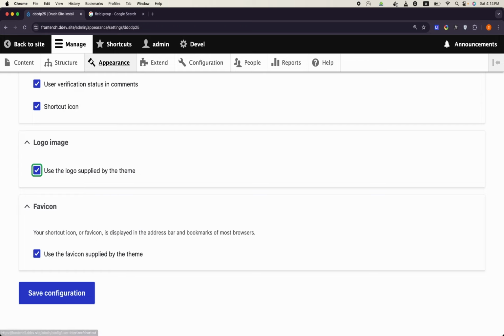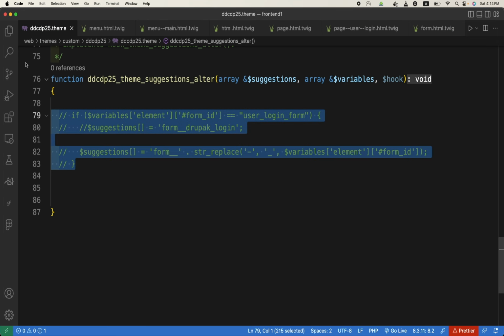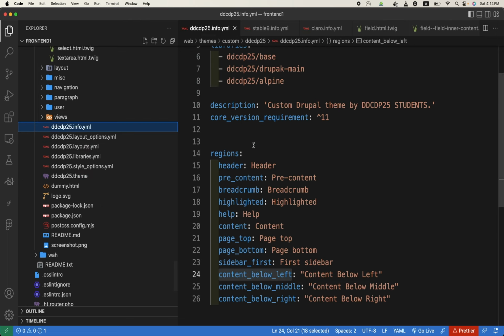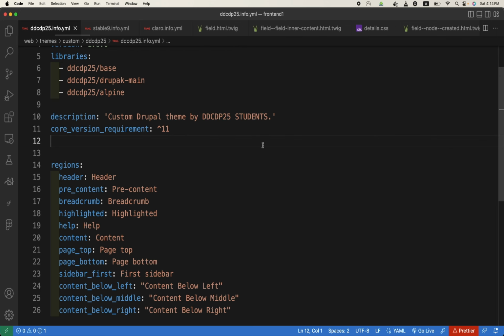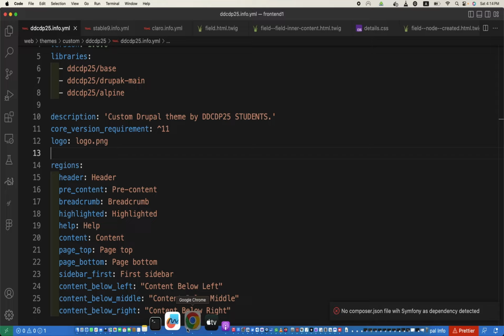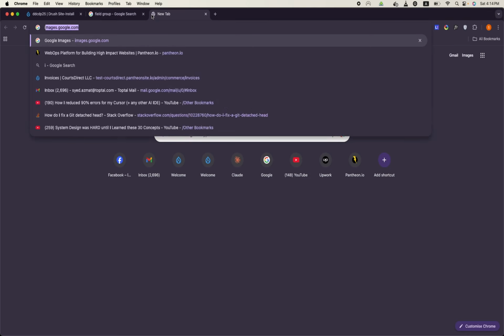we can do is in the .info file of the theme, we can specify logo: logo.png, for example. So now we need to have logo.png in the root of this theme directory, so that it is picked automatically. If you go to images.google.com,